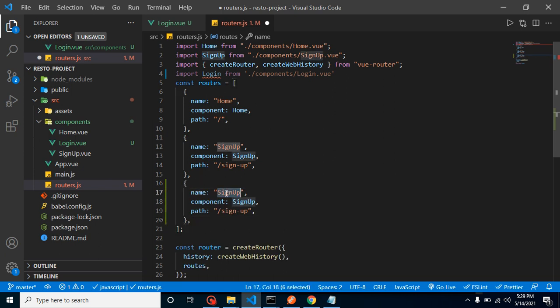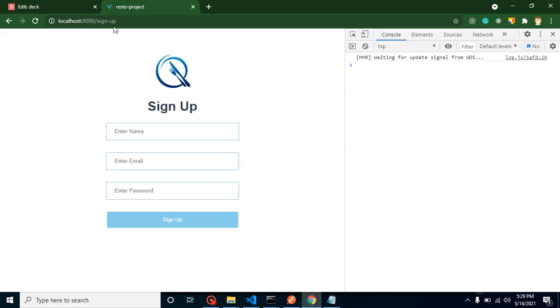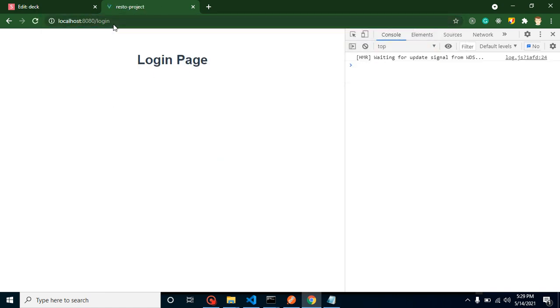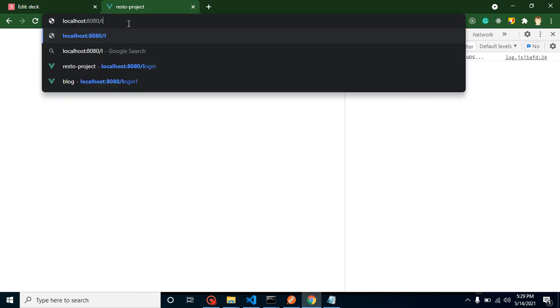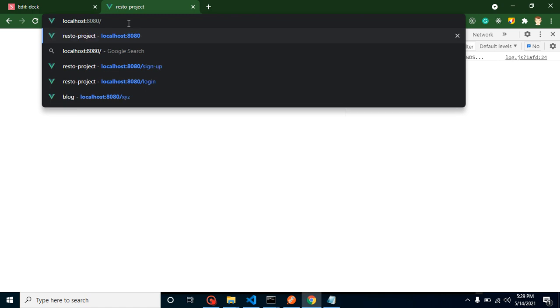Now our route name is login, and what component do we want to load? The login component itself, right? From here to here, and the path can be, let's say, login. So now let's see, is it working or not? Whenever I put login here, you can see that the login page is working fine, but the user cannot directly write the routes from here, right? Because he doesn't know what the route for the login page is.